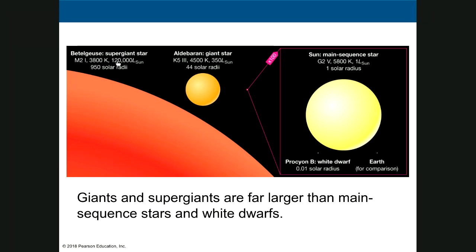supergiant, it's even cooler, right? Its temperature is 3,800 Kelvin, but its luminosity is huge. It's 120,000 times as luminous as the sun, so it must be even bigger, and it's estimated to have a radius of 950 solar radii. Now, I want to remind you, to give you perspective about these energies, because it's easy